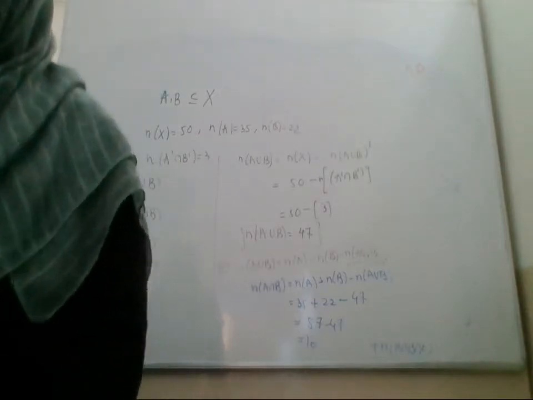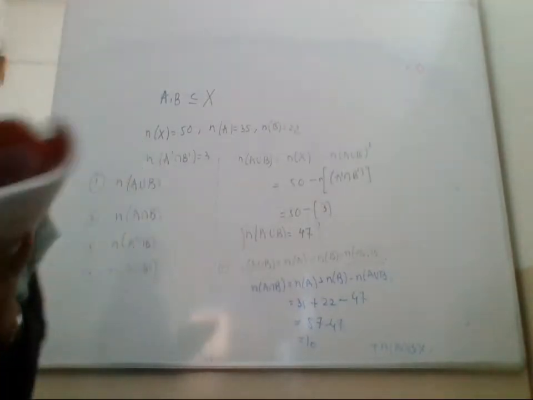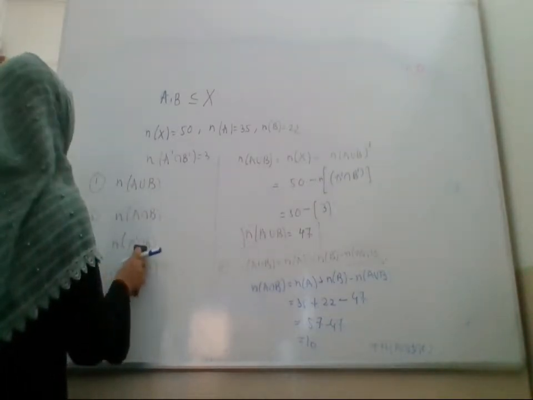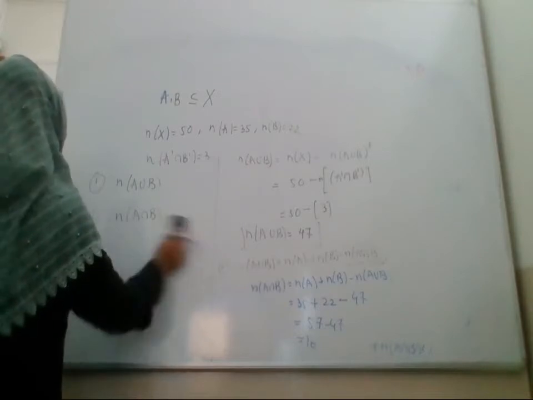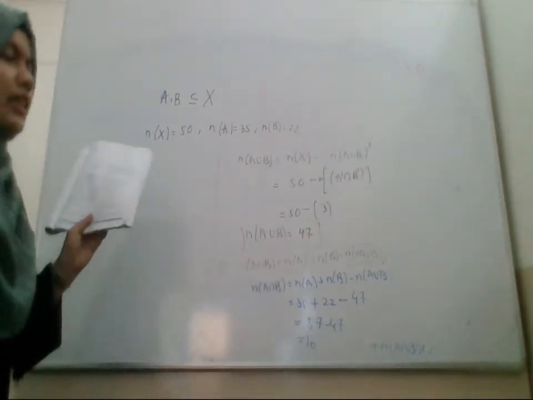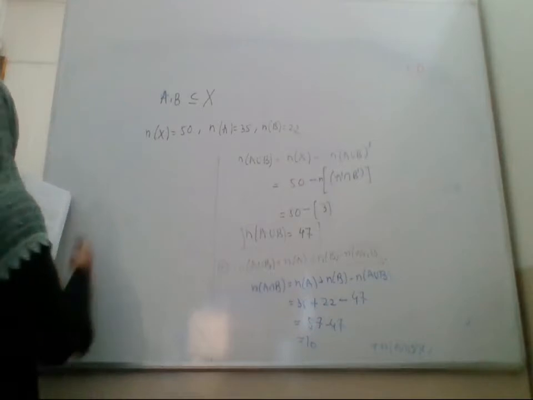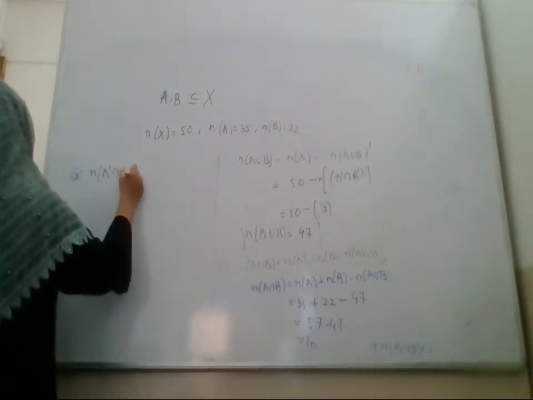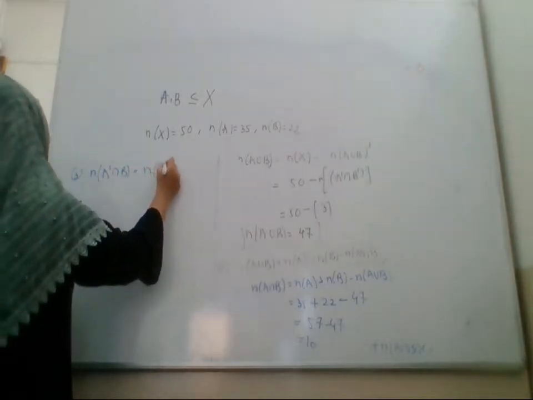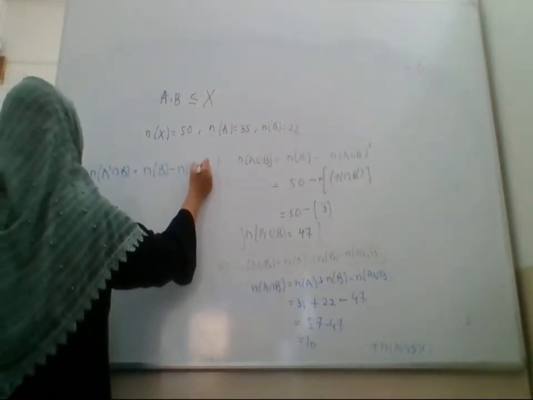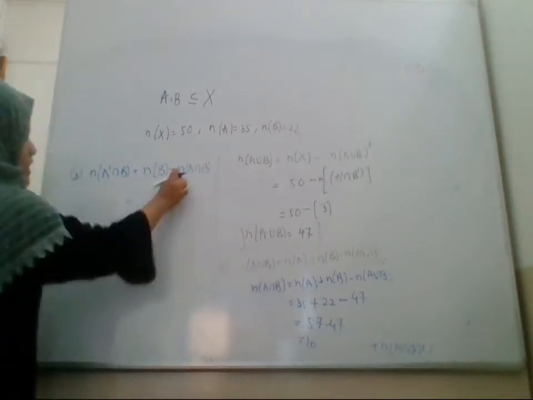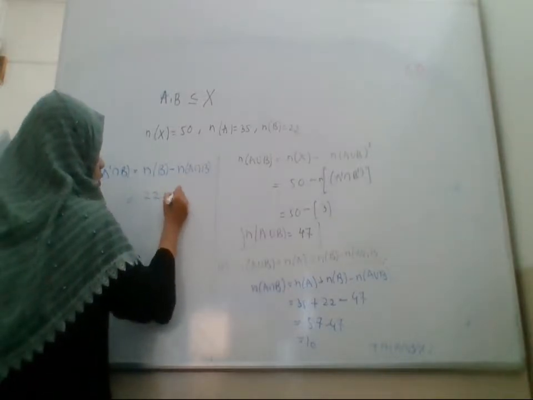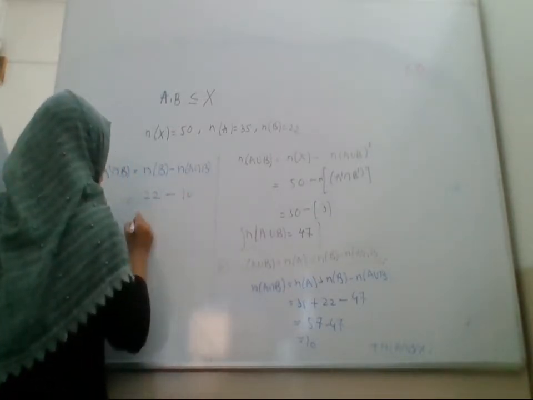Okay. Now next हमें फाइंड करना है cardinality of A complement intersection B. So this formula is given in your textbook, अभी जो हमने देखा है इसमें. So third is cardinality of A complement intersection B. So this is equal to cardinality of B minus cardinality of A intersection B. So this formula is given, just go through it. Okay. So n of B is 22 minus n of A intersection B is 10. So the answer is 12.